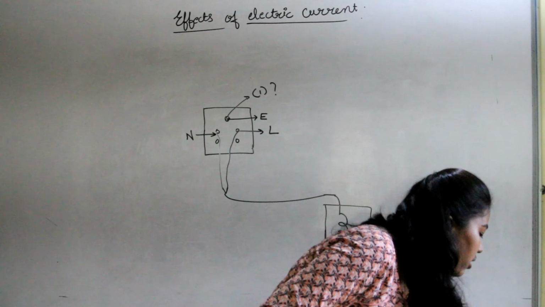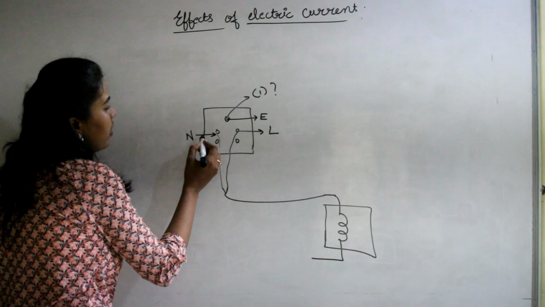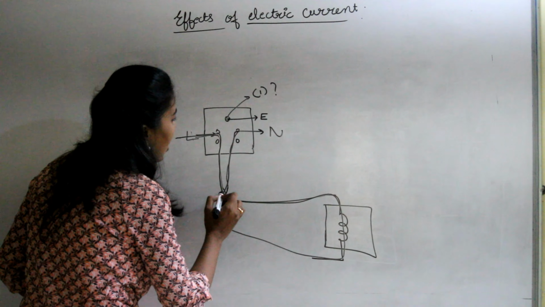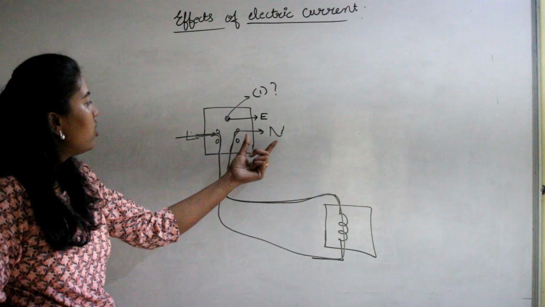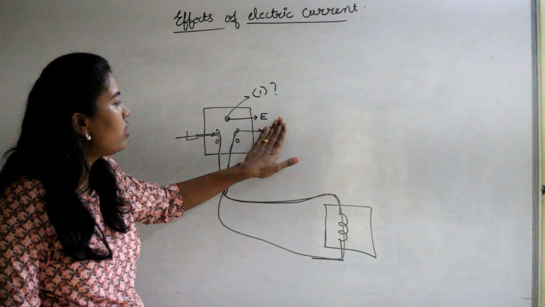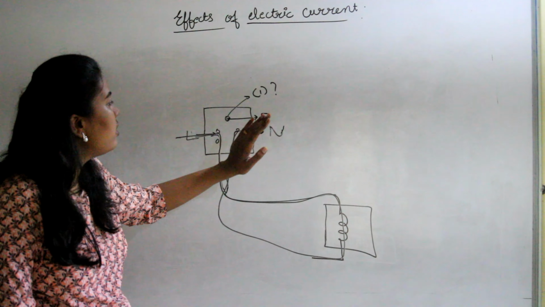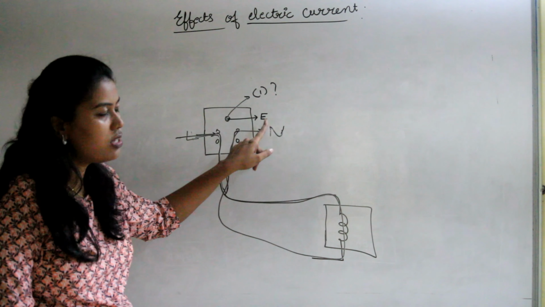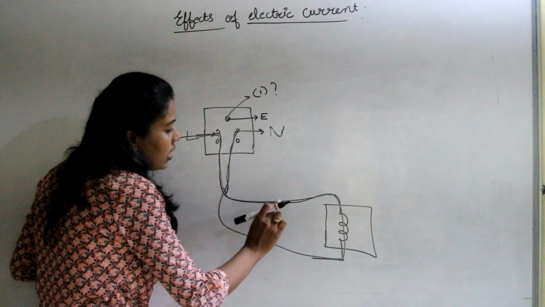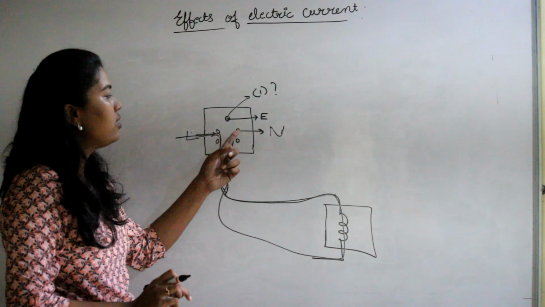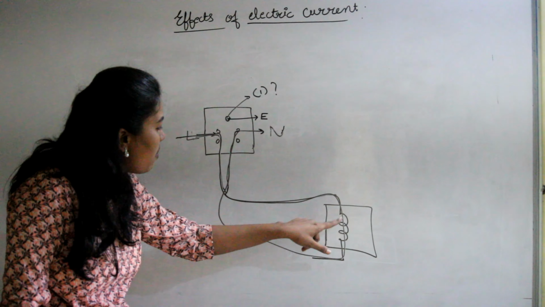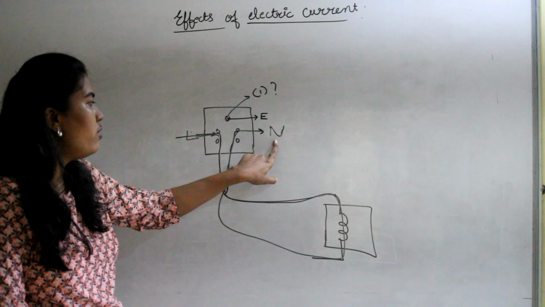So what happens? The current will start flowing. The current will come here and flow through the live. It will go through the load and come back, having its journey back through the neutral. So what is the use of this neutral? Did you understand that if this neutral is not present, then what will happen? Will the current get the return path back to the supply? No. Will the circuit be complete? No. So that the circuit gets completed, we have neutral in this circuit. The main purpose of this neutral is to have this circuit completed.